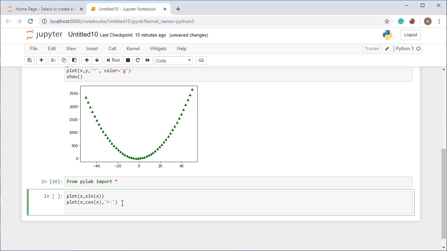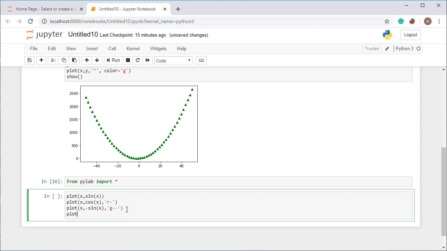All right, now I want to plot x comma minus sin x, minus of sin x, and I want the color of this in green. You can change it as per your preference. All right, now I also want to plot x comma minus cos x.